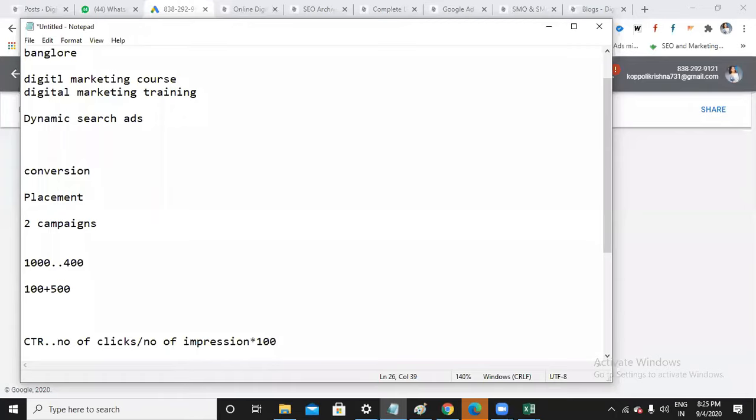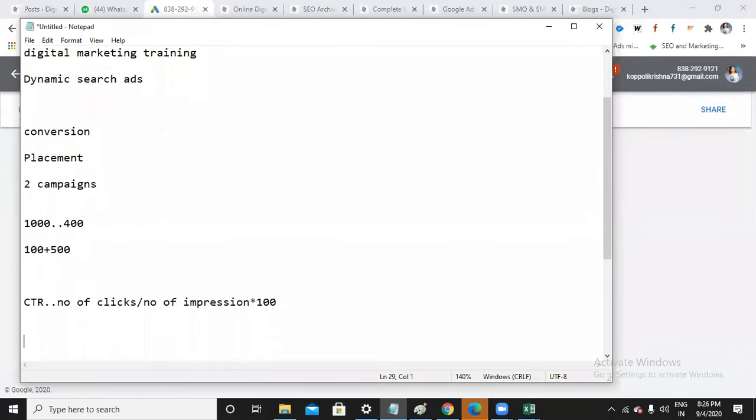So now what happens here? Let's say you are trying to see your ad. Let's say you are the owner of the ad and you want to see where your ad appears. Every time you see the ad in Google, your impressions are increasing, yes or no? Let's say you see your ad 100 times. That means 100 times your ad appeared. Will you click on your own ad? Tell me. No, right?